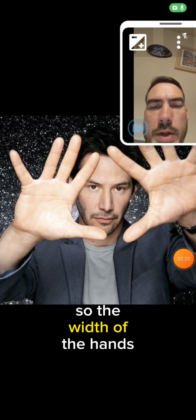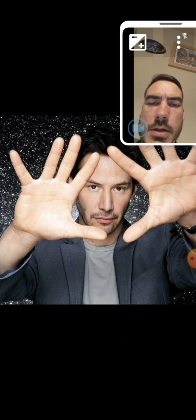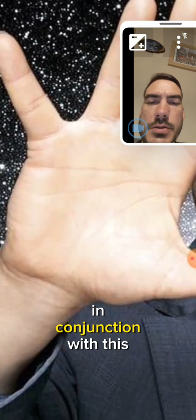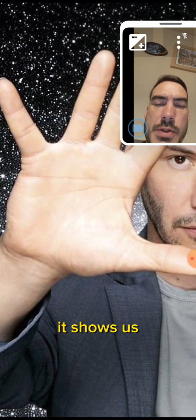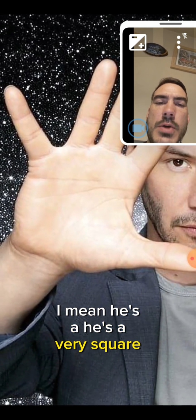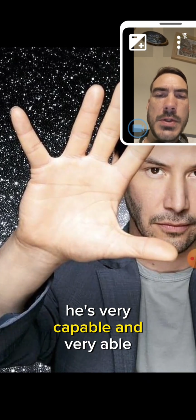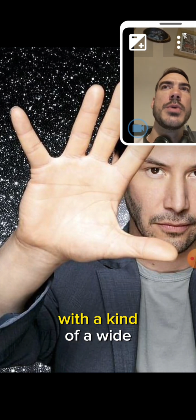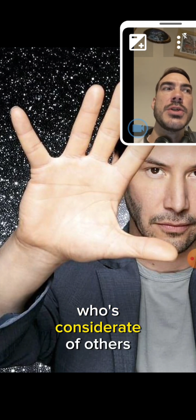So the width of the hands here, this kind of width of the hand, in conjunction with this overdeveloped Luna, it shows us, I mean, he's a very square palm. We've got a very practical person here. He's very capable and very able to learn new skills. Someone with a wide, squarish hand is someone who's considerate of others,